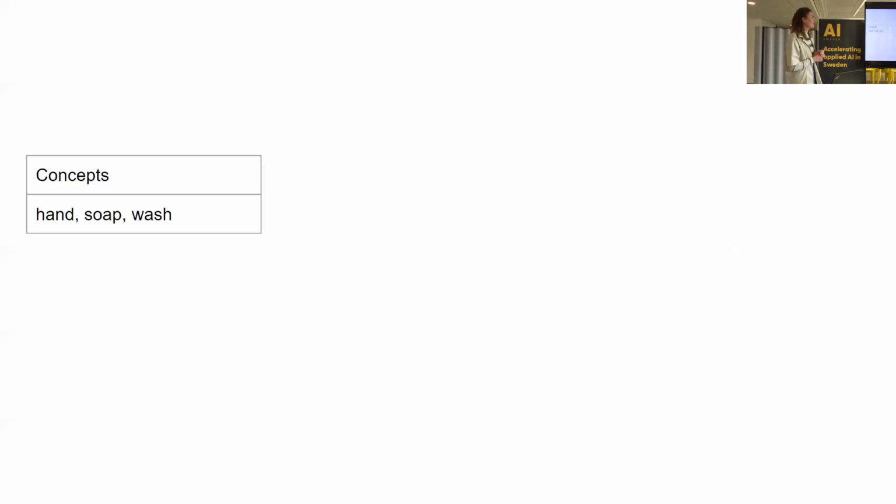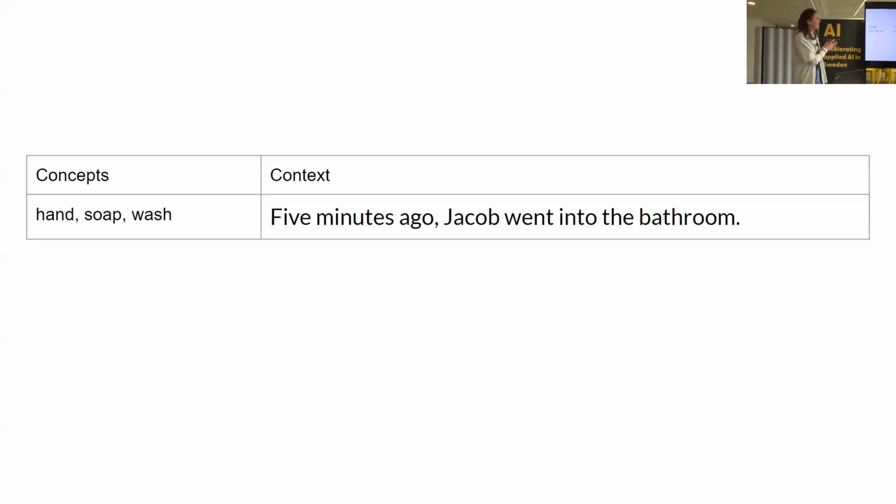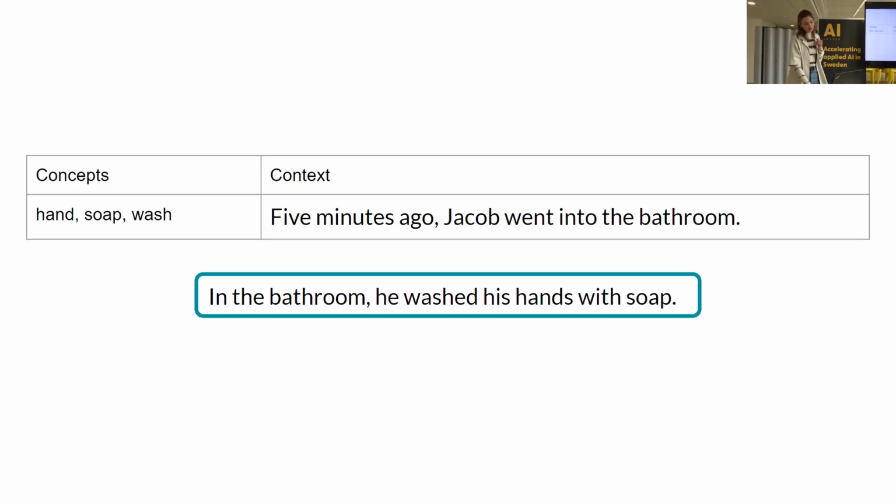Currently we only have in our data set just 3 words, and then we ask them, give a sentence containing these 3 words. But in the best case scenario, we also have a sentence that makes it more likely to get these 3 words in the next sentence. And then you can evaluate your algorithm both on context and including the words. So in this case, given the words hand, soap and wash, you could have the context: 5 minutes ago, Jacob went into the bathroom, and then it would be really good if the algorithm was able to make: in the bathroom, he washed his hands with soap,